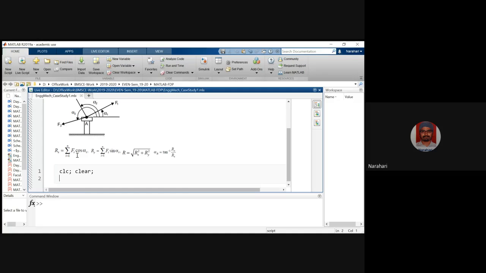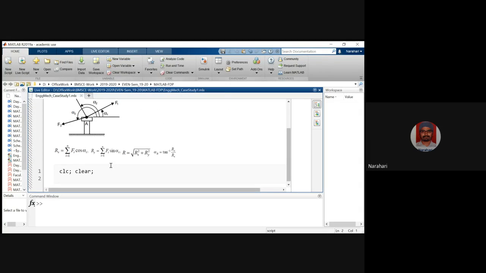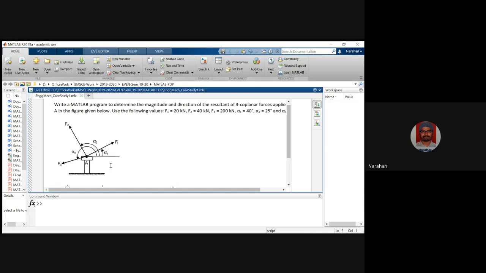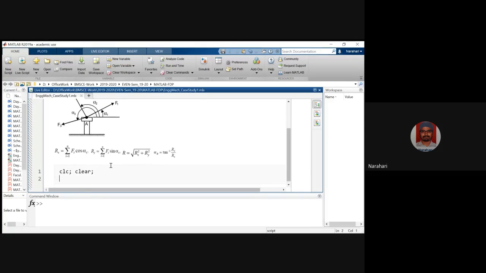Right. So now there are two things that can be done with this question. I can just simply try to solve this question by taking these F1, F2, F3, alpha and all and get it. That's one way. The other way is to make it more user interactive, so that the user can give us the values, the data and all, and it becomes more generic code. A code which can be applied for n number of forces, not necessarily just these three given forces